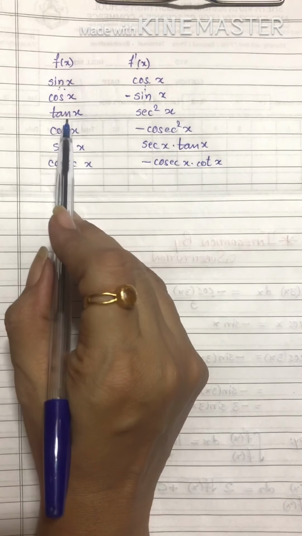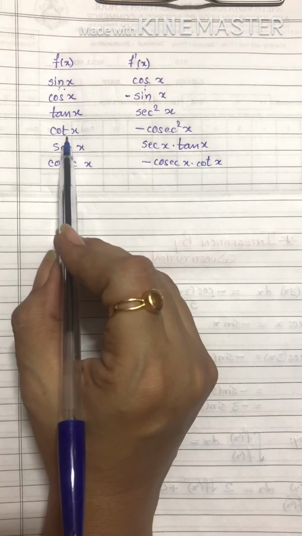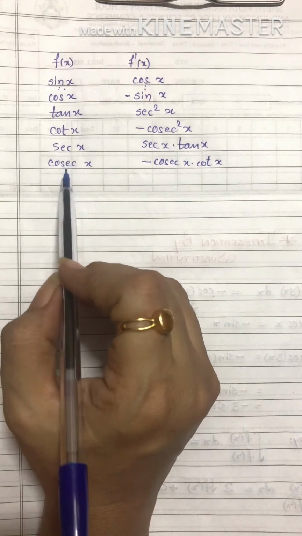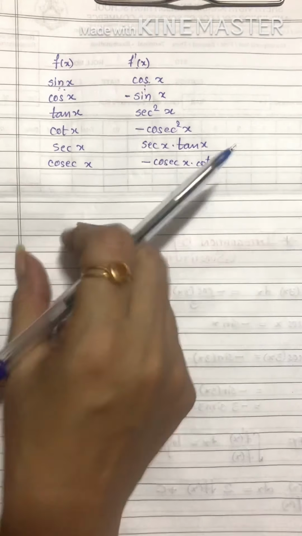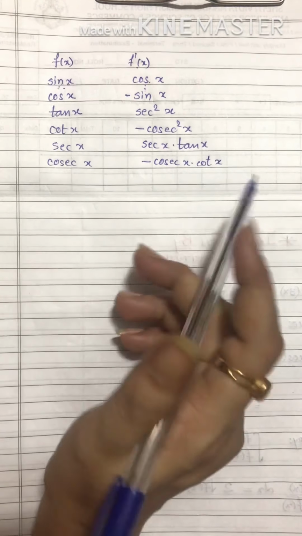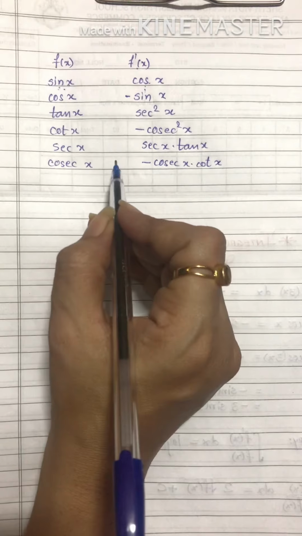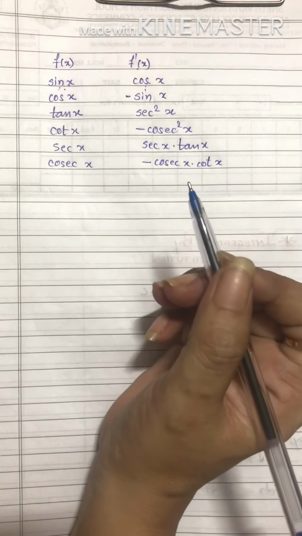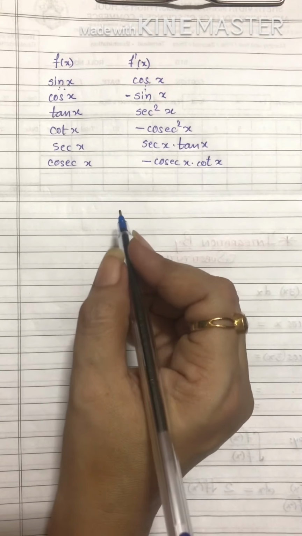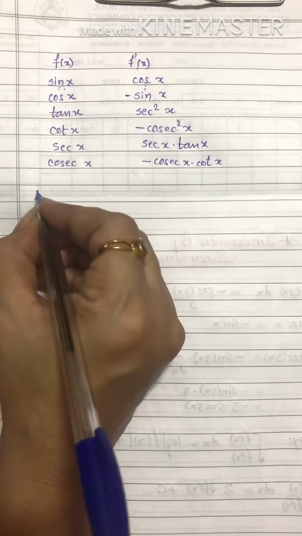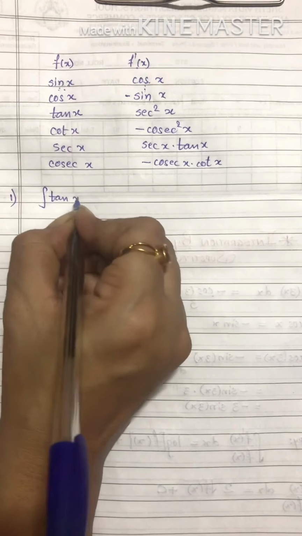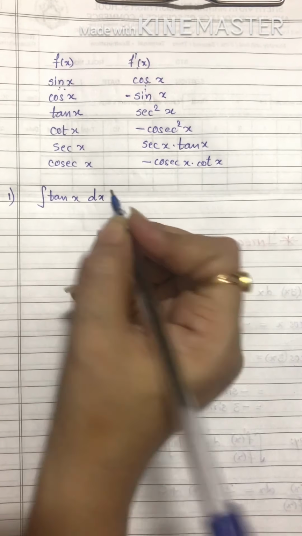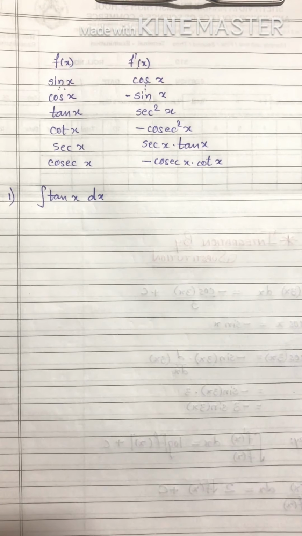But then what will be the integration of tan x, or integration of cot x, or integration of sec x or cosec x? This is not known by understanding the formula in this manner, right? That is by understanding the context of antiderivative. So let's try to understand how we find the integration of tan x. Now let's suppose we have been asked to find the integration of tan x.